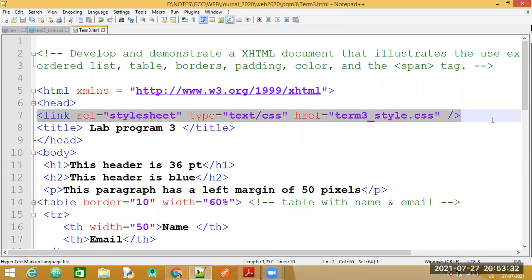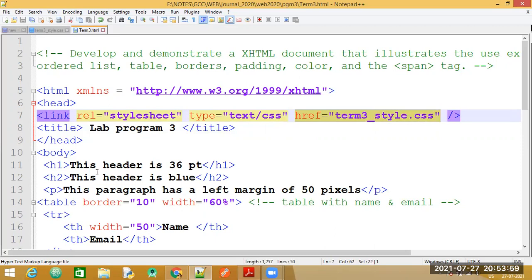The syntax for that is, in the head section of our HTML document, we need to make use of the link rel statement, which tells that we are making use of the external style sheet, and in the href attribute of this tag, we will write our CSS file name. The CSS file that I have given is term3_style.css.